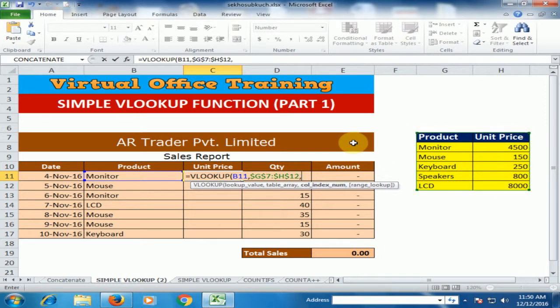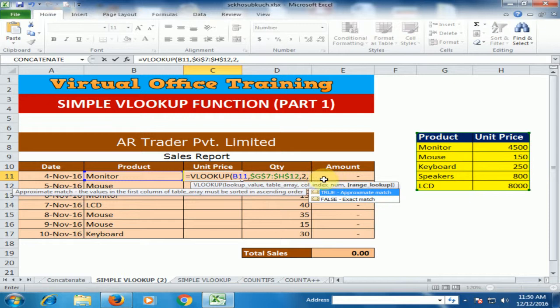Press comma and it will ask you for the column index number. It's column 1 and it's column 2. Just type column 2 because I am getting the unit price. Comma,